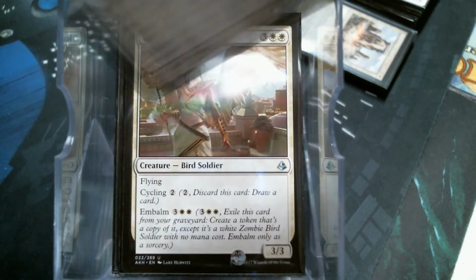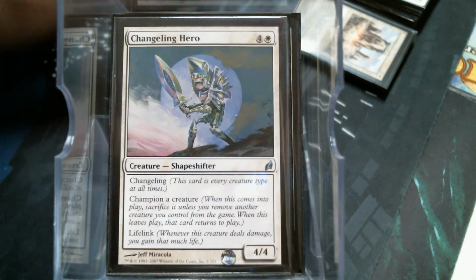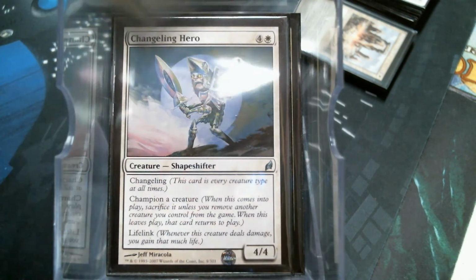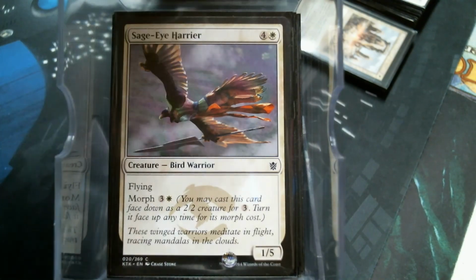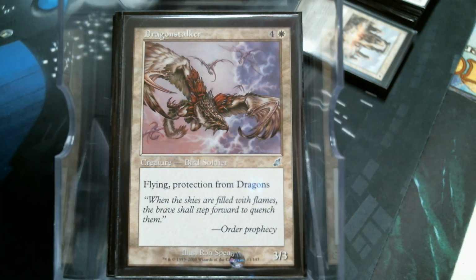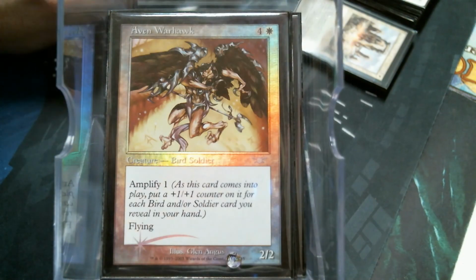Catcher's Attendant, and there's another cheaty face card. Hey, we have one card in our deck that does not fly. Avon Tactician. Harrier. You got dragons? I don't care about your dragons. 3/3. Gatekeeper. Warlock. Whoop, whoop. Now, Amplify is...